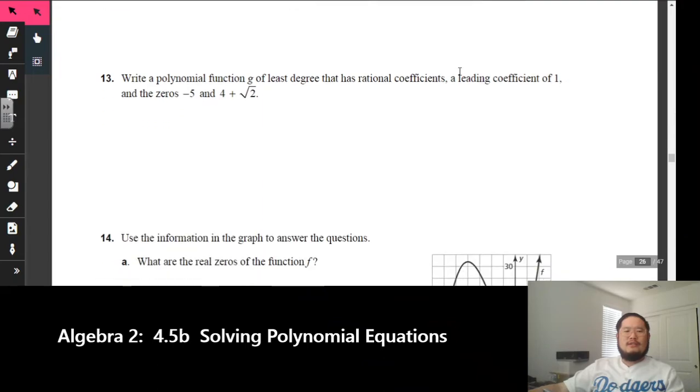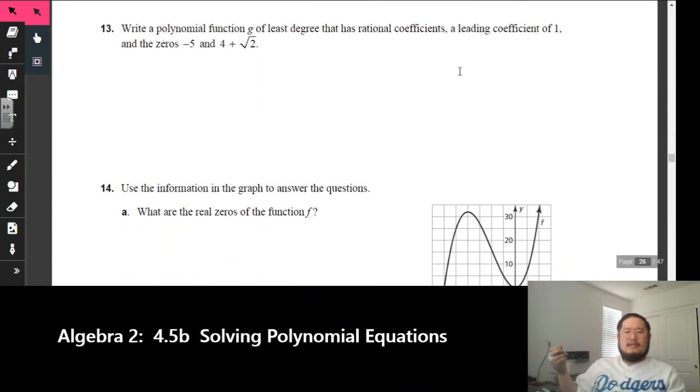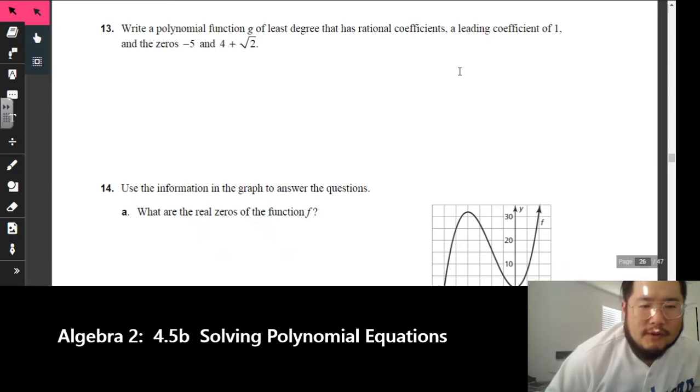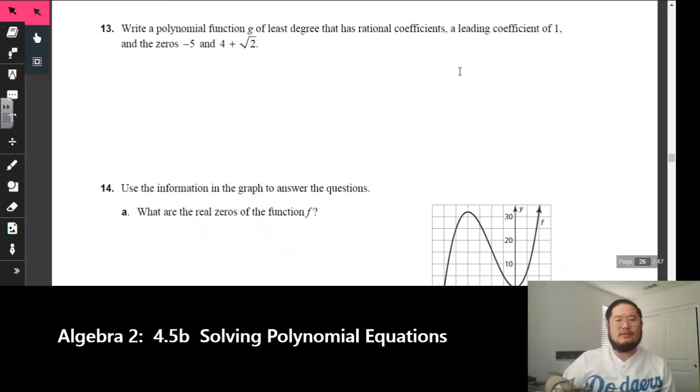So now let's move on to number 13. It says write a polynomial function g of the least degree that has rational coefficients and a leading coefficient of 1 and the zeros of -5 and 4 plus rad 2. So they're trying to tell us, let's come up with our zeros. If I have a leading coefficient of 1, well, we can do that. We just got to make sure at the end,